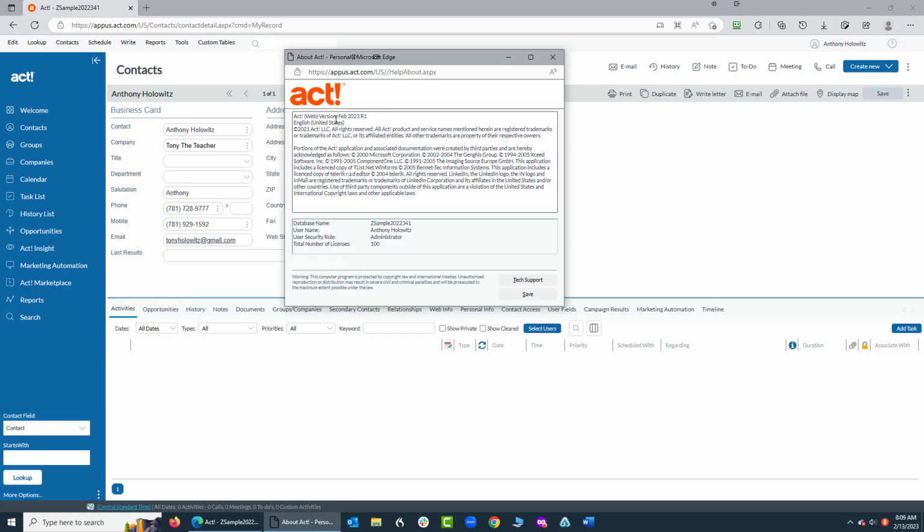Now this is called the ACT web version, February 2023 R1. Now in the past, what I've seen in this box is they give you a version that's a little more like the version you'd see on the desktop software, but they've changed this slightly, so that is the version of ACT you have. Now having stated that, typically, if you have the desktop sync with it, you'd want to check